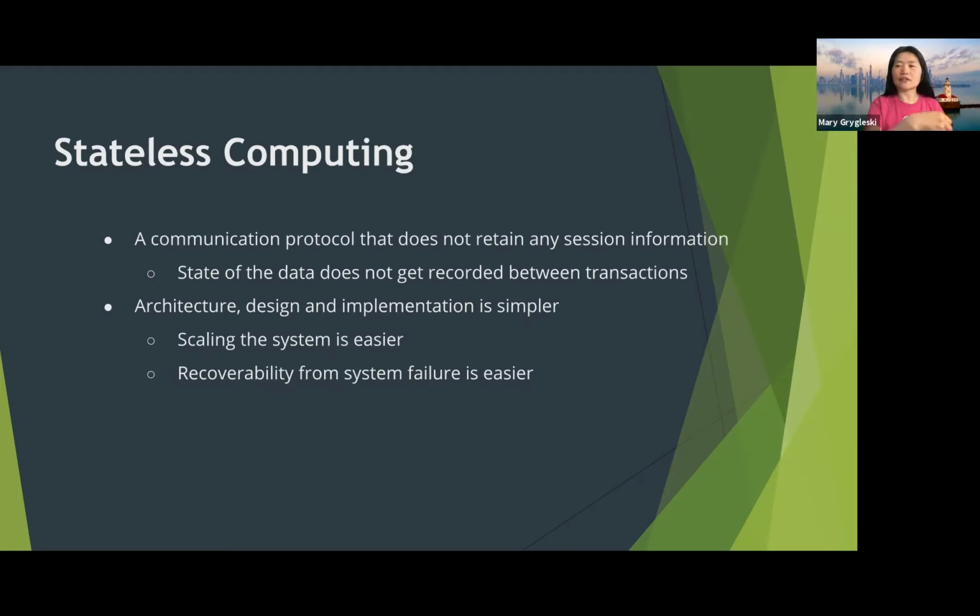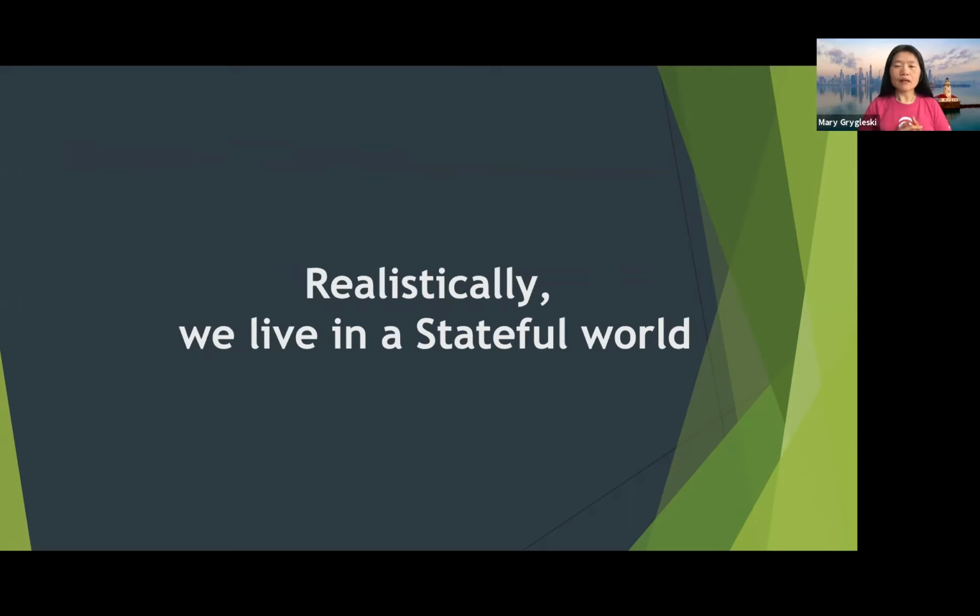Just spin off another process, right? Or even threads or something to do some work for you, which is essentially stateless. You can just spin it up quickly. And if there's any problem, no big deal, start another process to cover the component that was dead. So stateless implies a more agile approach to things. But realistically, we live in a stateful world.